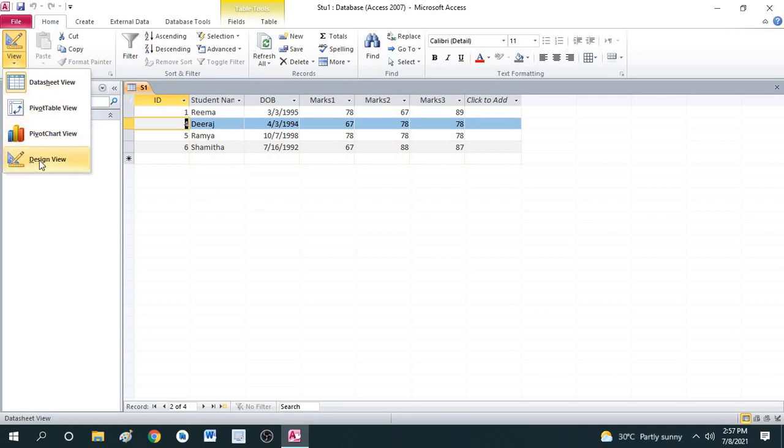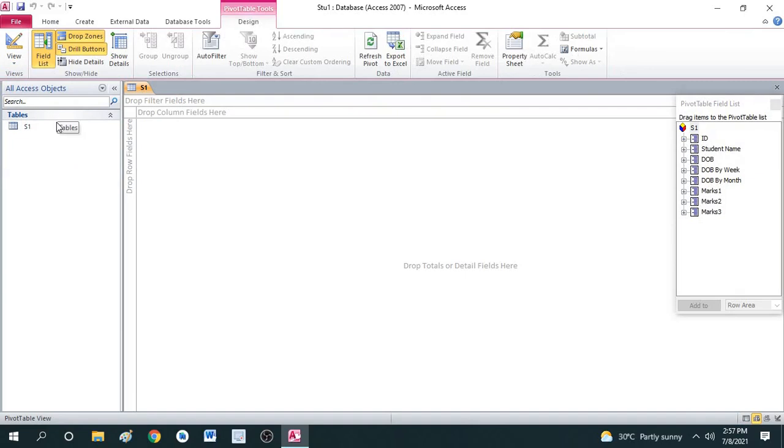Now you learned what is design view, datasheet view. Now we will check the pivot table view. So this is the representation of pivot table view, where you can see the fields in the pivot format. For that you have to drag the required fields into this area.